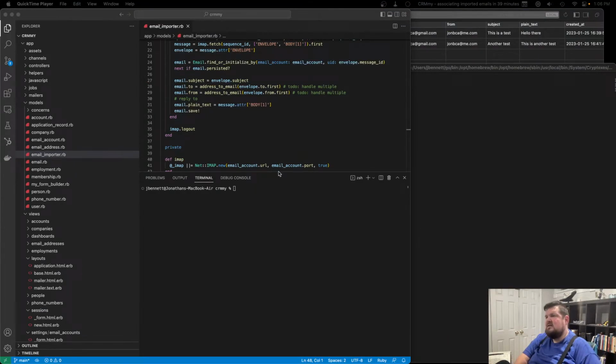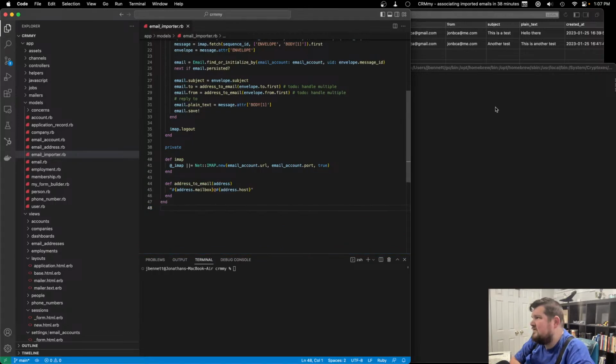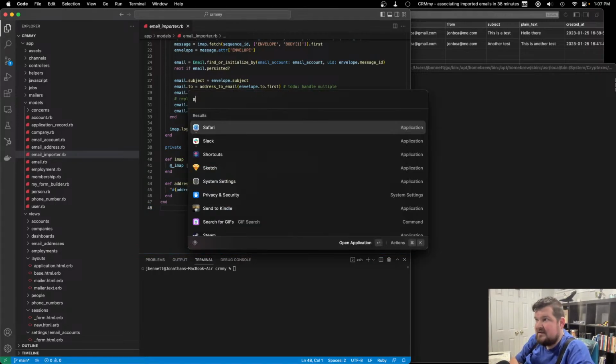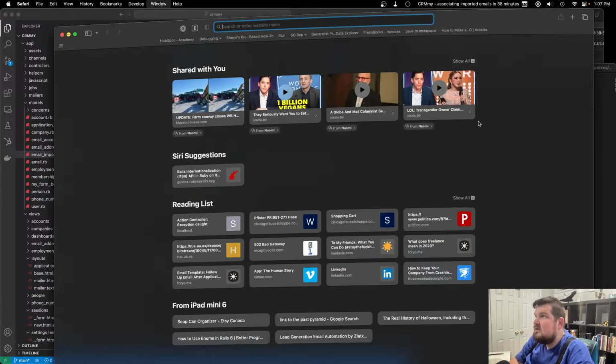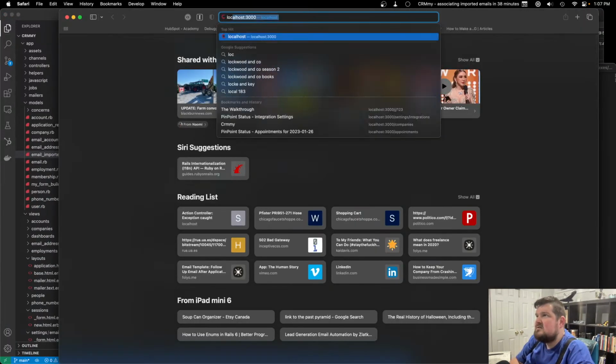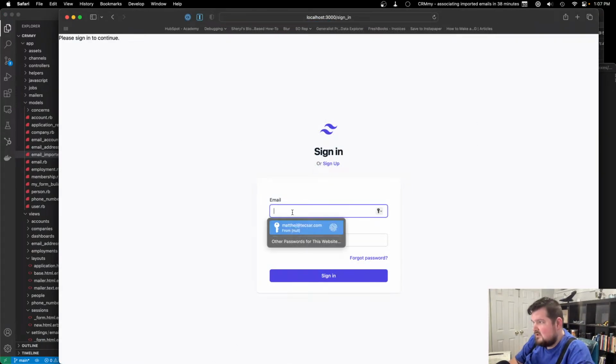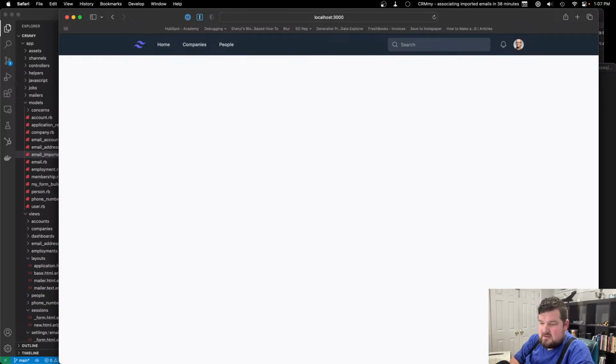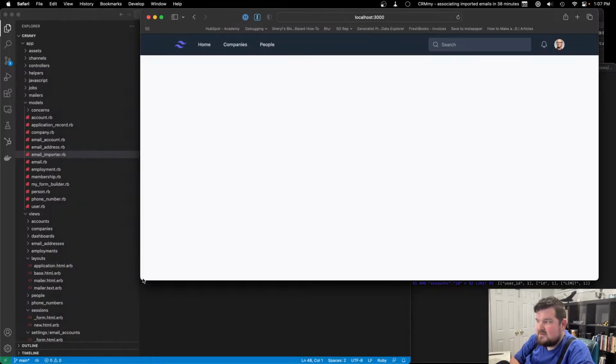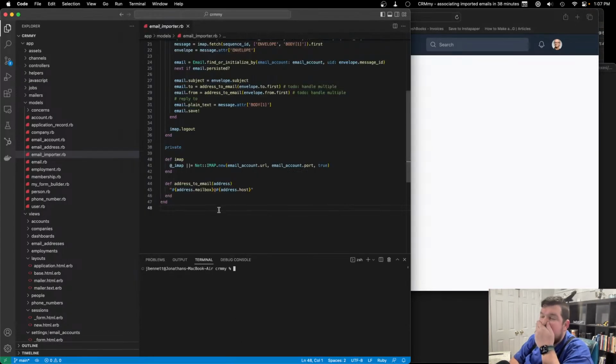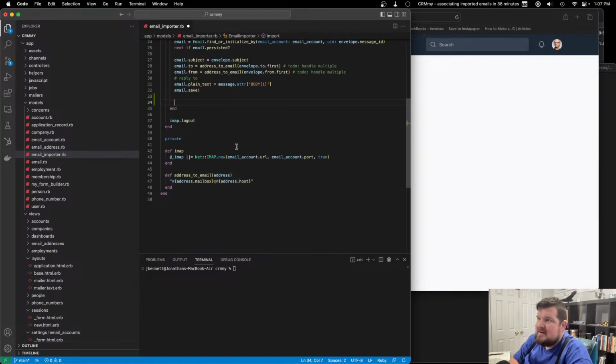Okay, so off screen there were a couple of tests that were failing, and they just had to be updated with a few minor things. So that is set up. So let's get back into our system and get building this. Okay, so what we really are looking to do is probably right here where email.save. We then want to